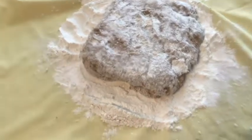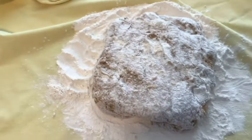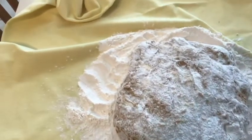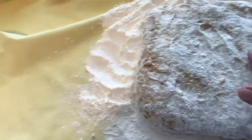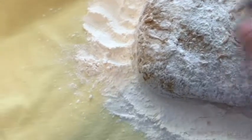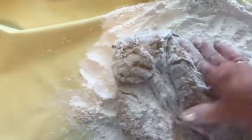Oops, sorry guys. What I did was I dumped a bunch of all-purpose flour onto my tablecloth, aka what do they call these things? Anyway, my pastry cloth, and it was really doughy when I do that, it's real sticky. So what I do, and I will try to do it one-handed, because I do it two-handed, is I just keep rolling in the flour. I work in the flour this way,